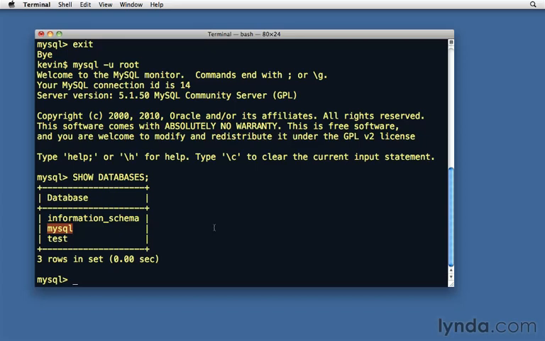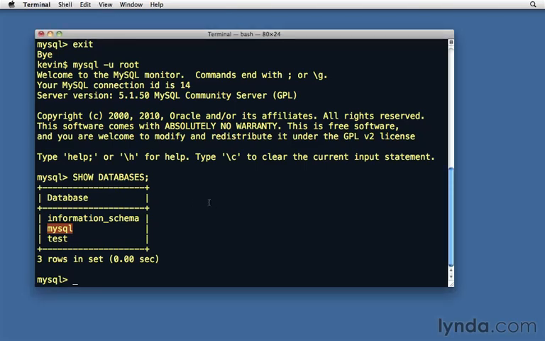So if right now, without a password, anyone can log in as root, they have access to this database which controls all the other passwords. People potentially could log into our computer and change all the privileges for who gets to access things. So even though this is our own computer, it's a good practice to go ahead and secure that root account with a password,